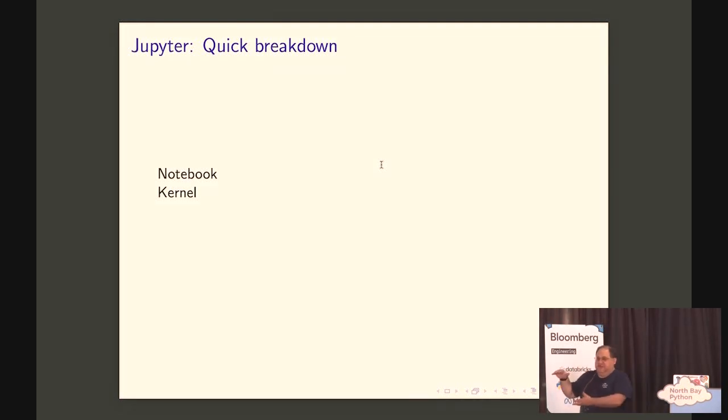The notebook can have code cells, and so something needs to execute the code cells. Unfortunately, the word kernel might be the most overused word I've ever heard in CS and math. There are 5 different things called kernels in math, and 5 different things called kernel in computer stuff. But the thing that executes the code cells in Jupyter is called the kernel. That's going to be important later, so probably best to get it out of the way. So if I say the word kernel, I'm not talking about how to install the new Linux.